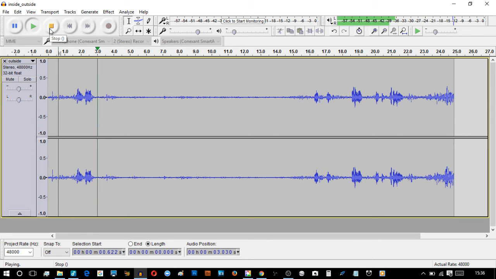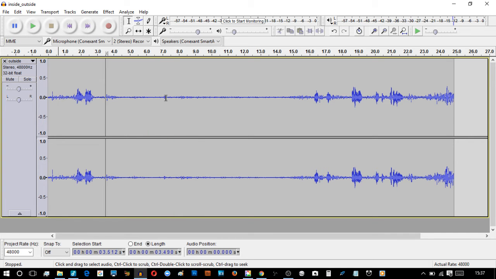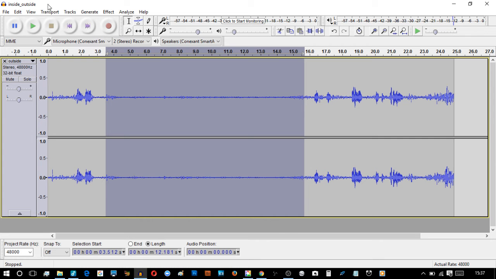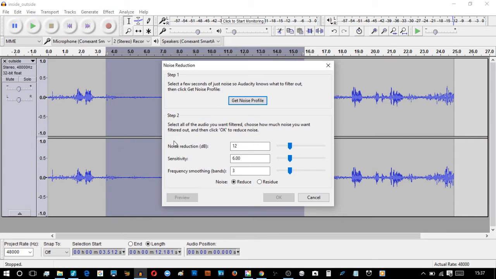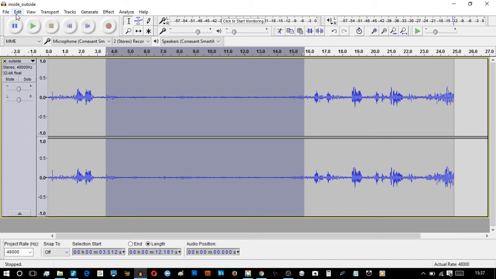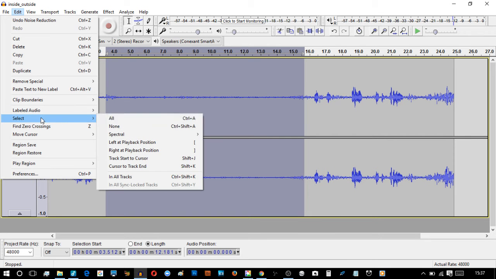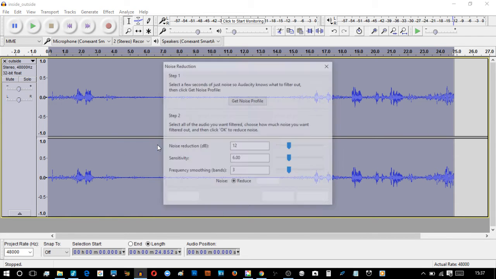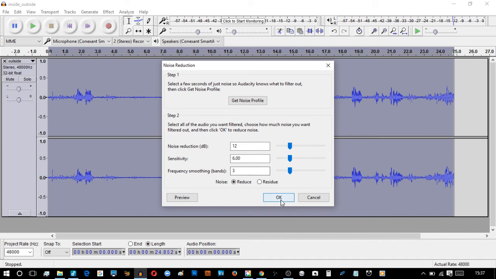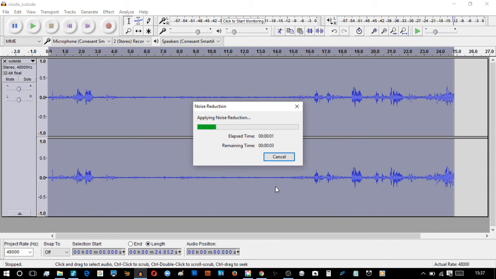Recording ambient. So there's a big bang in the middle there. So what happens is if I select all of this lot and I do effect, noise reduction, get noise, then I go effect, select all, or I could do control A, then I do the same thing, effect, noise reduction, notice 12, 6, 3, yeah, I'm happy with that, OK. Then it goes about its business,